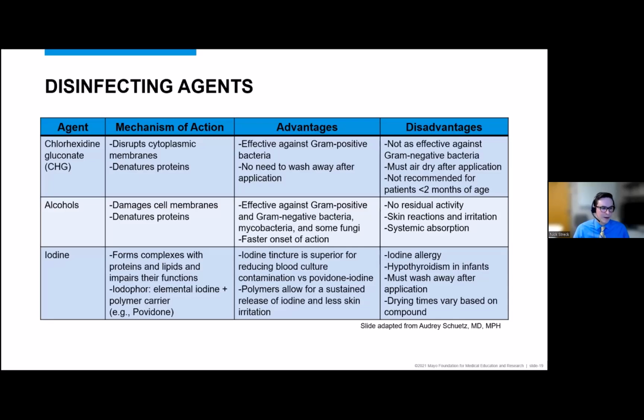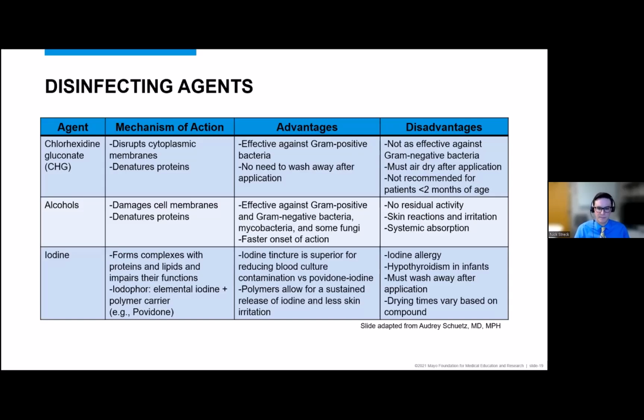One of the common agents that's used is CHG, chlorhexidine gluconate. The way this works is it's disrupting cytoplasmic membranes and denaturing proteins to kill the bacteria. It's very effective on gram-positive bacteria, which is the most common organism found in part of the skin microbiota. So it's great in terms of skin disinfection. It also has an advantage compared to other agents that it does not need to be washed away after application,